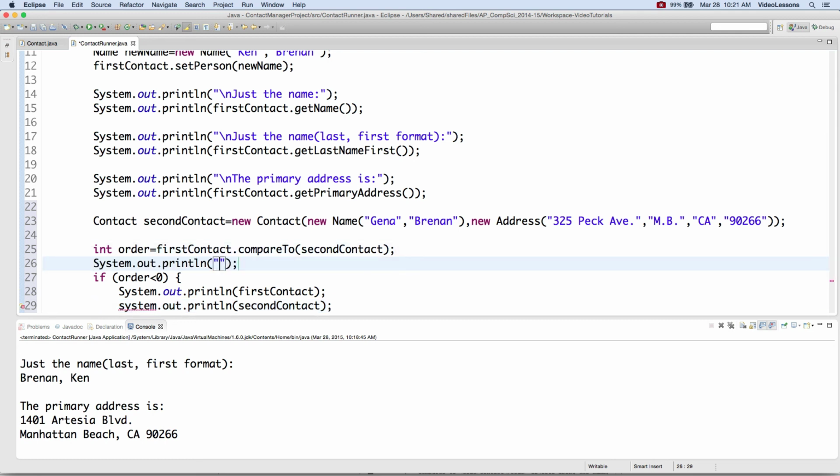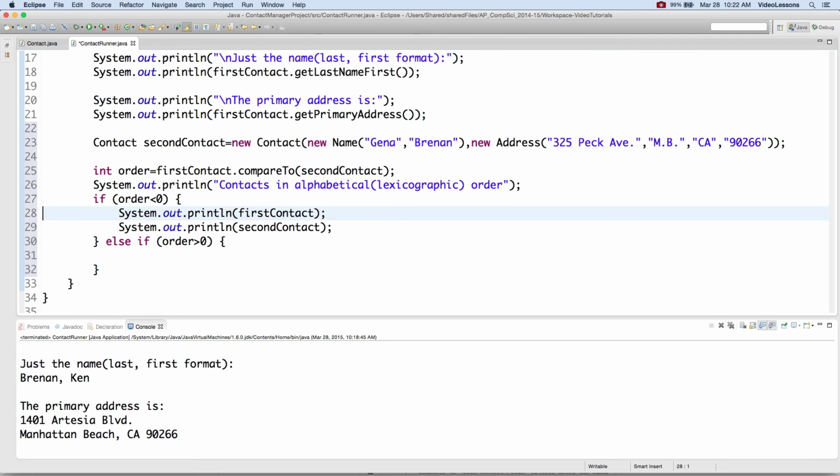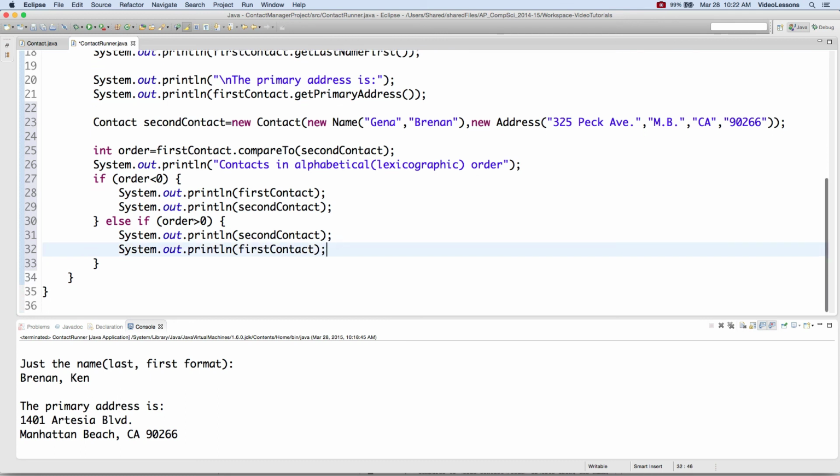We'll say syso, contacts in alphabetical lexicographic order. Now, else if order is greater than 0, then we're going to flip them. Second contact comes first. First contact comes second in alphabetical order. And then finally, else will print a message: